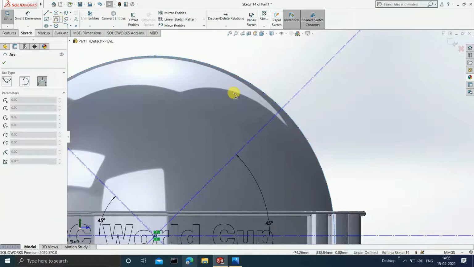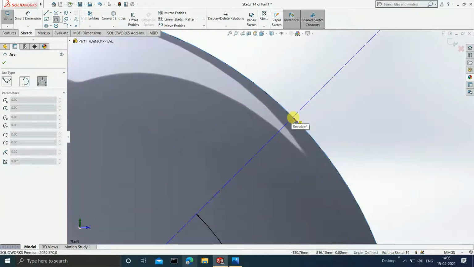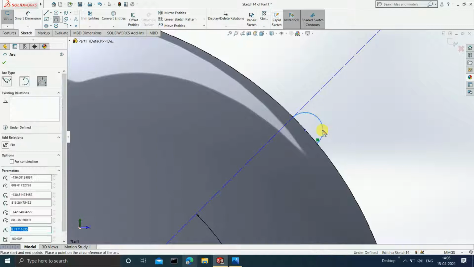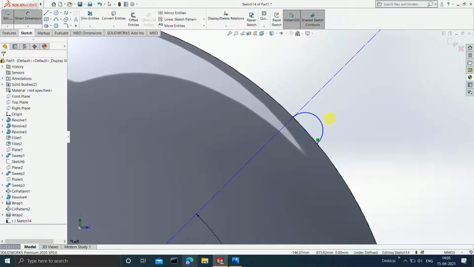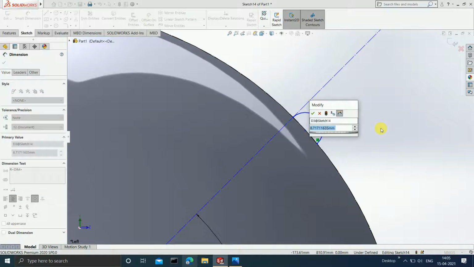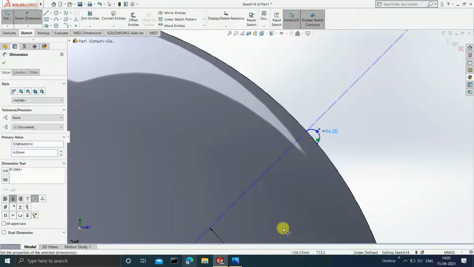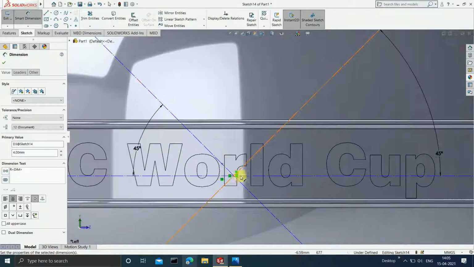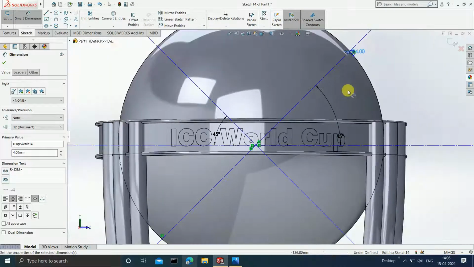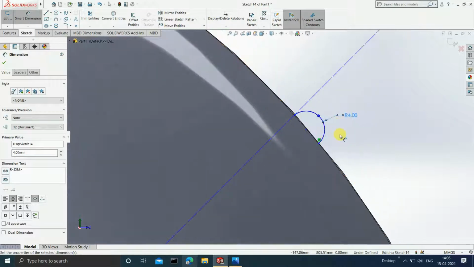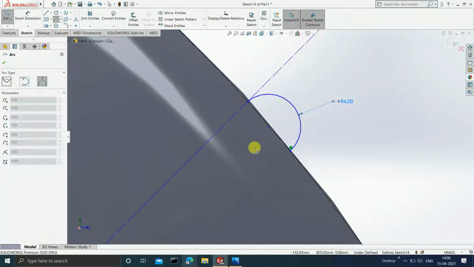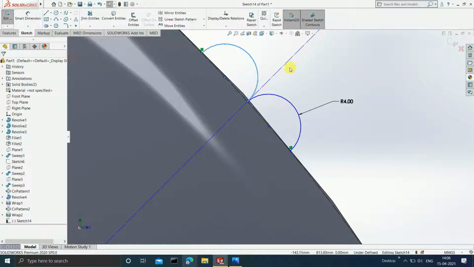Now you have to draw an arc over here from this point. Okay, and give the dimensions to the radius as 4. Now similarly you have to do one more arc like this on this opposite end. Escape and give the dimensions to it as 4 again.